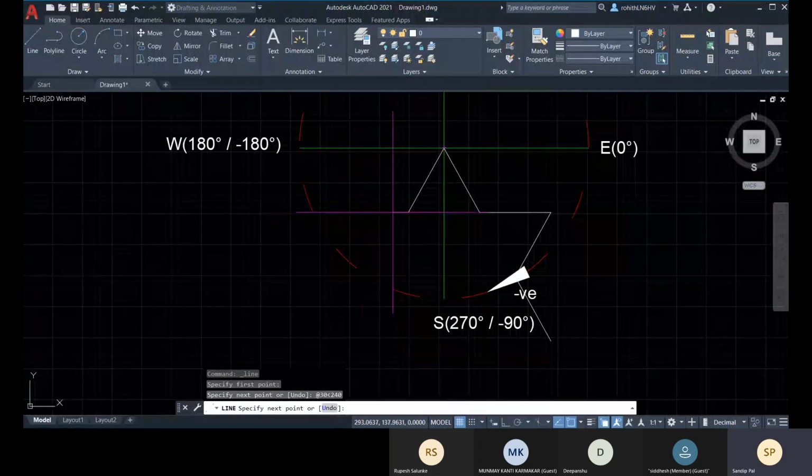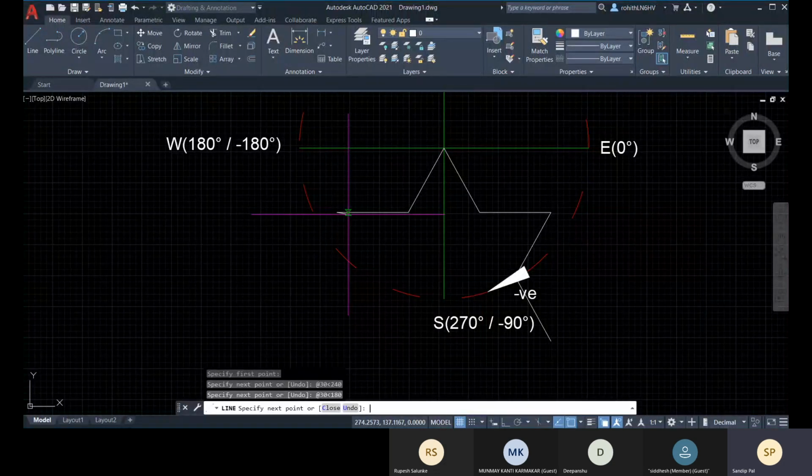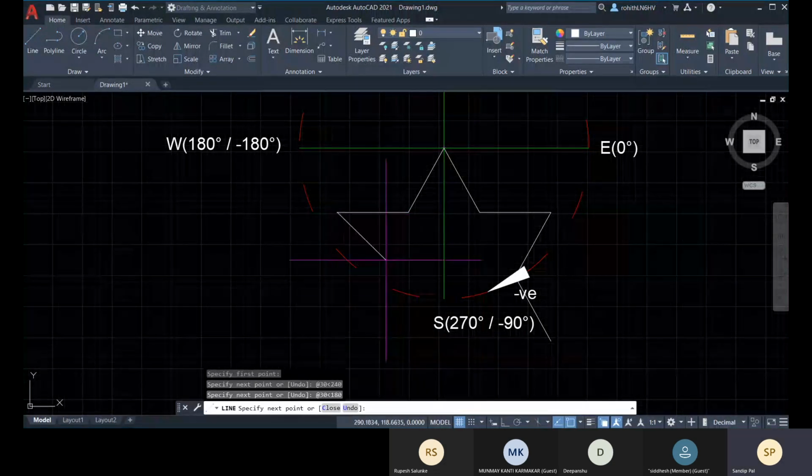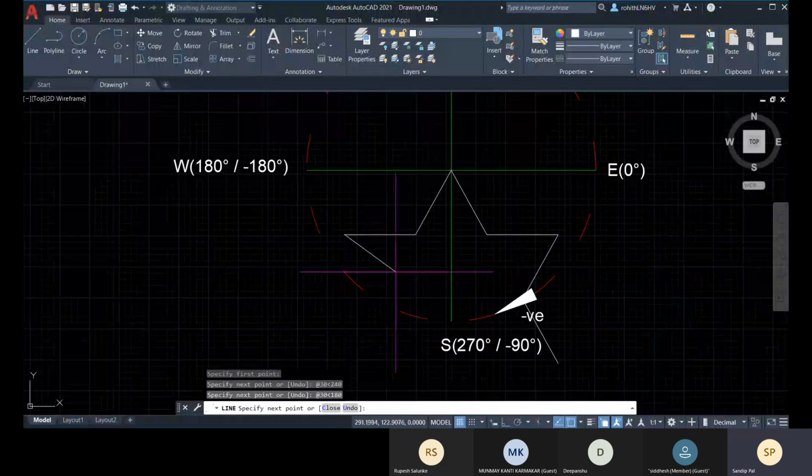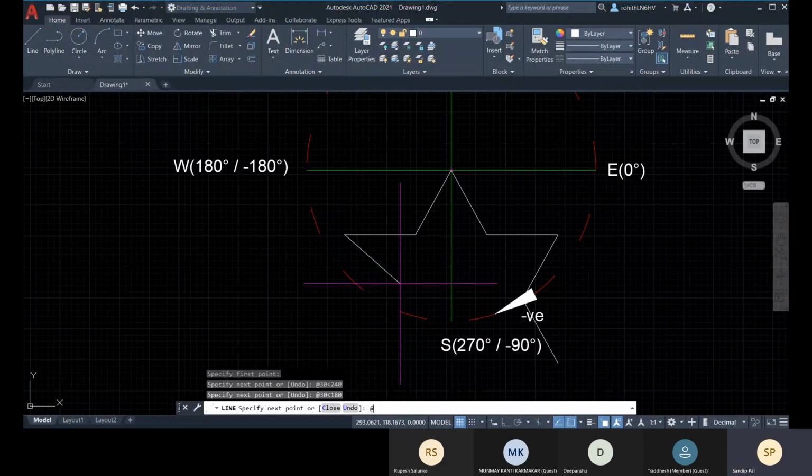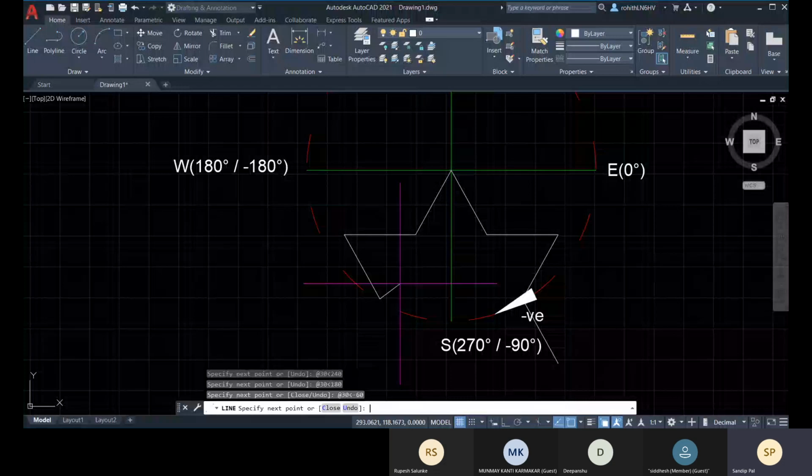Okay, so at the rate 30 less than 180 degree, enter. Now you can do this at the rate 30 less than, that can be minus 60, right? Minus 60, enter.